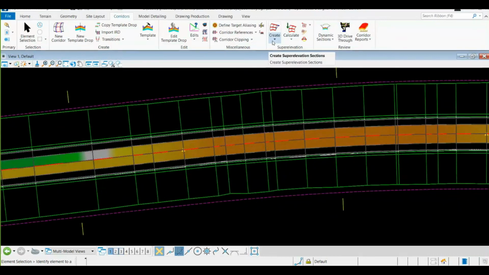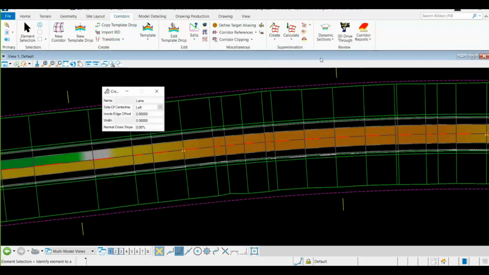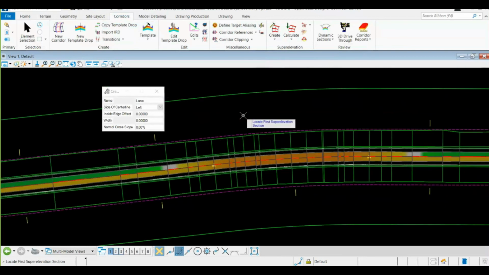You need to simply go to the Corridor tab, Create, and Create Super Elevation Lanes. Here I'm going to create super elevation lanes with different road widths, and for different lanes as well, for your left as well as right lane. It's a normal practice to define this for both of the lanes.